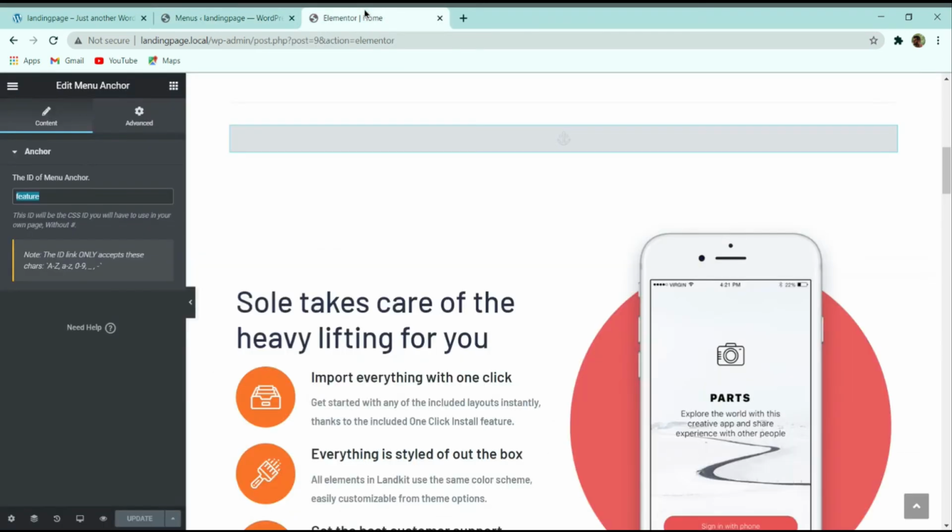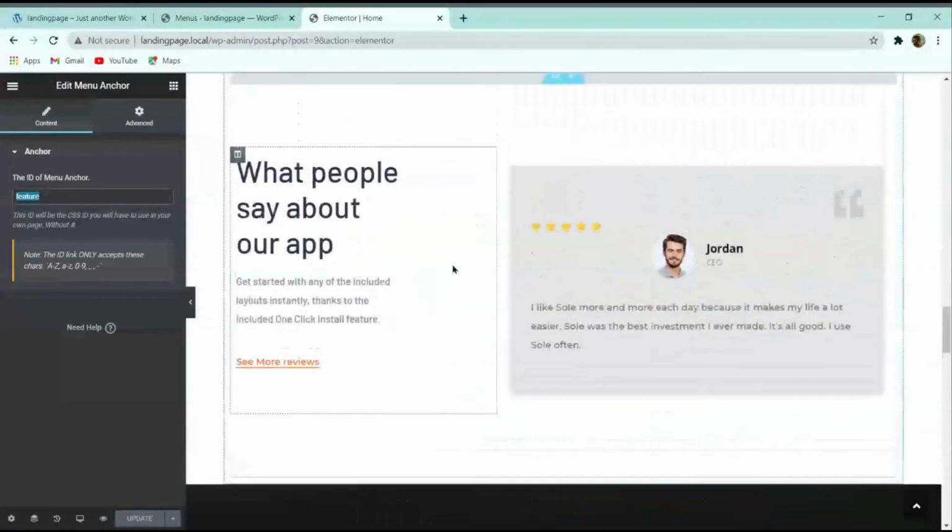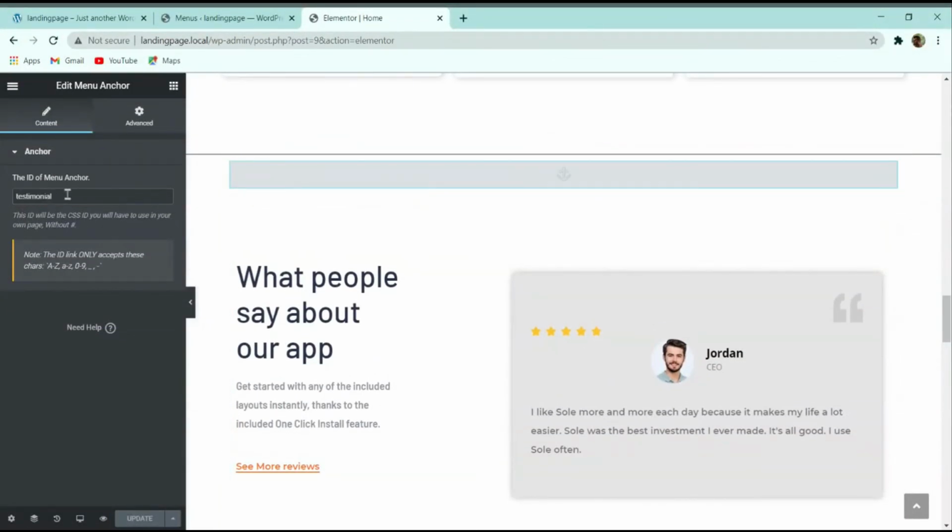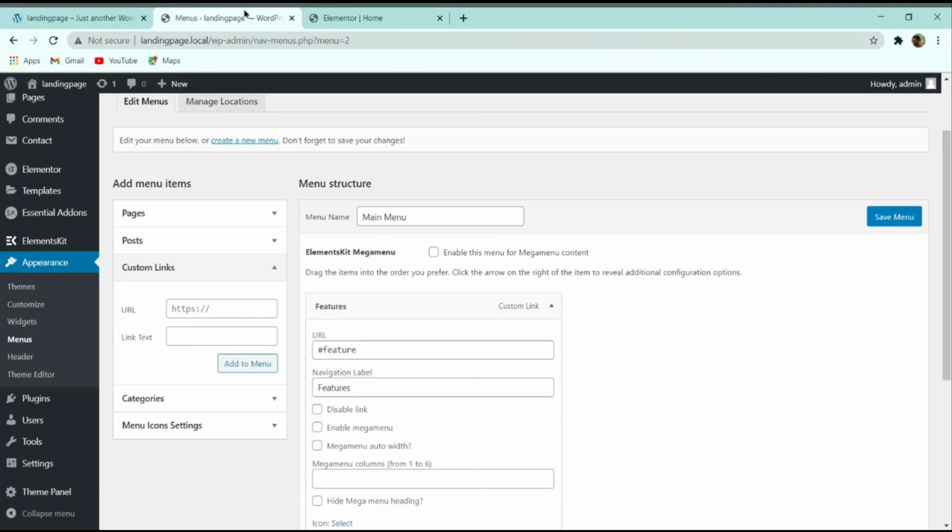Similarly, for testimonials, the menu anchor ID I have given is testimonial. So in the URL I will give a hash mark, and then type the menu anchor ID, and in the link text I will type testimonials, and then click on add menu.